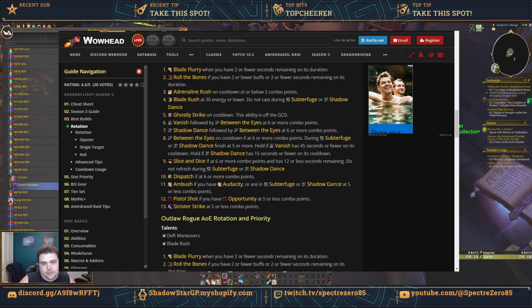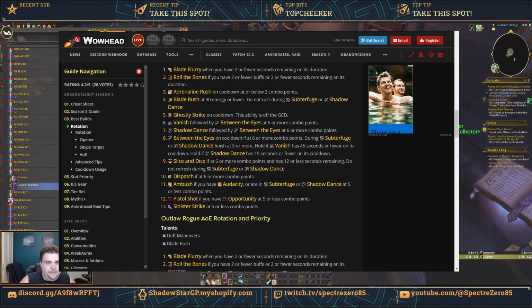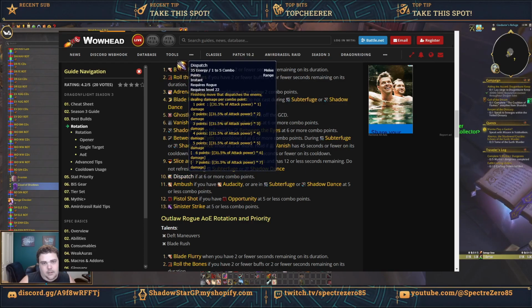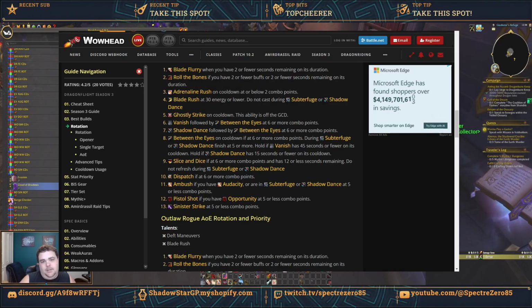And then also two auras, one that checks if you have Subterfuge or Shadow Dance currently buffed. The next one is Dispatch for 6 or more combo points. That's two triggers: one, Dispatch usable, and 6 or more combo points. Again, I like to always lead with the spell usable one whenever I can, unless it doesn't make sense to